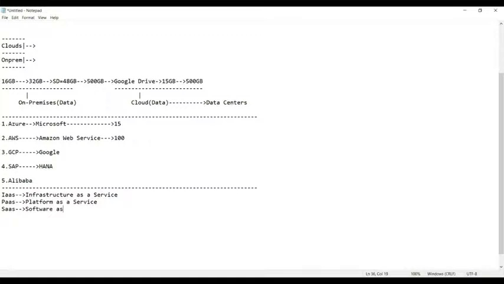That means they have provided their services in three different categories. Suppose, for example, what is infrastructure as a service? Let us try to understand this. When you talk about infrastructure as a service, guys,